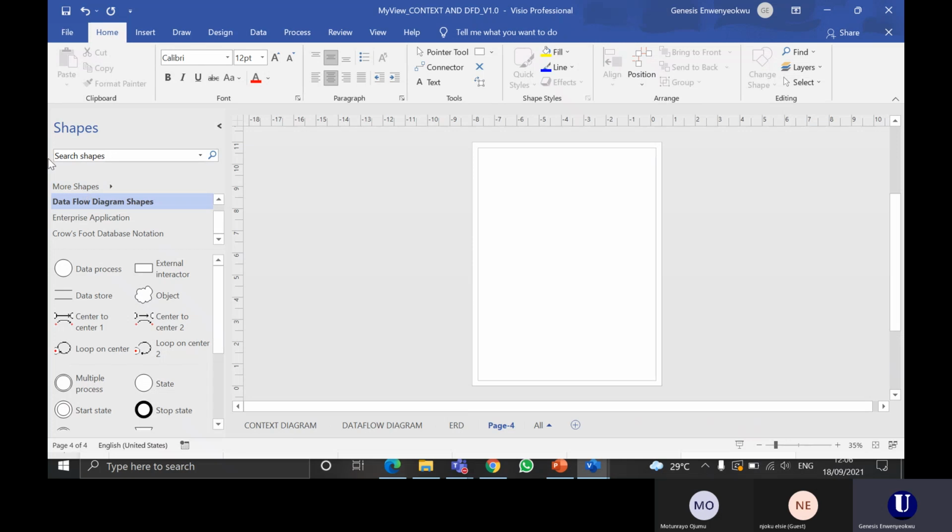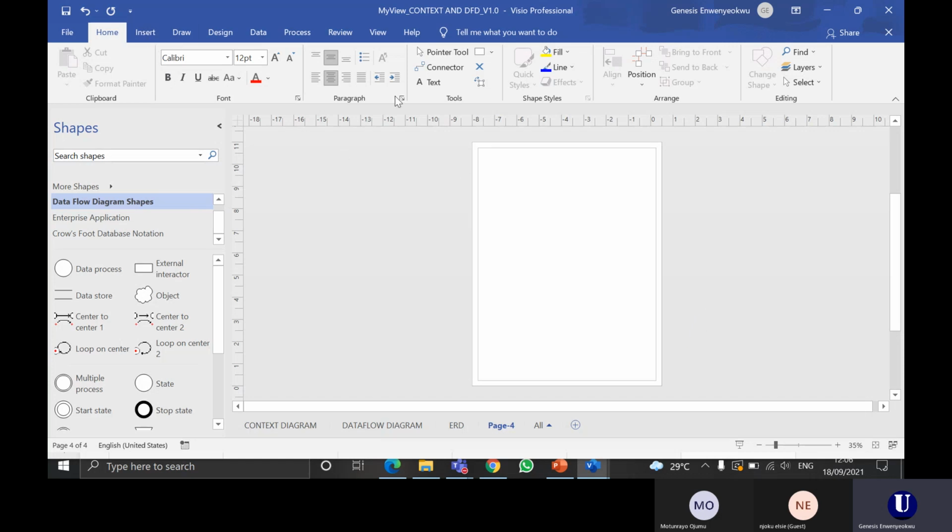Can you see my screen? My Microsoft Visio screen. It looks like Microsoft Word, right? And that is because it's from Microsoft. So we have different things. This tool, you can't learn everything about this tool today. This Microsoft Visio is something you sit down and learn. If you want to be a good business analyst, this has to be your best friend in terms of